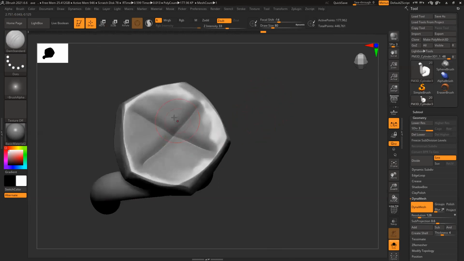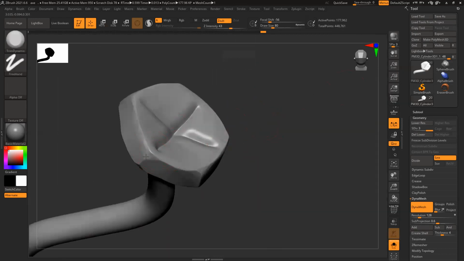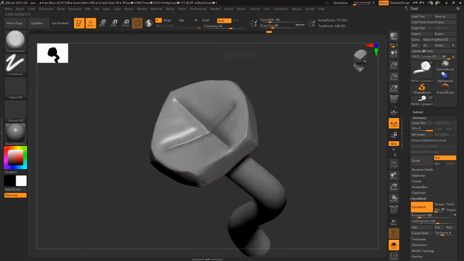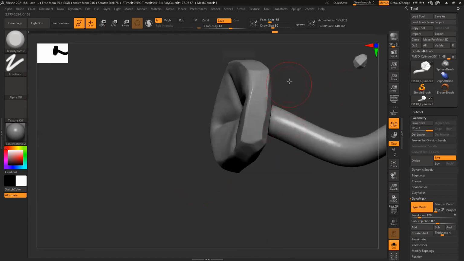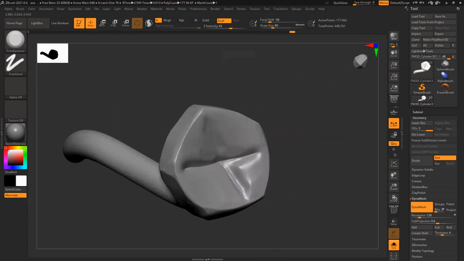So create the cross sign, and Trim Dynamic again. Corners as well, you can make them slightly uneven. And this cut also I can make a little sharper, make it look like a dent and all.